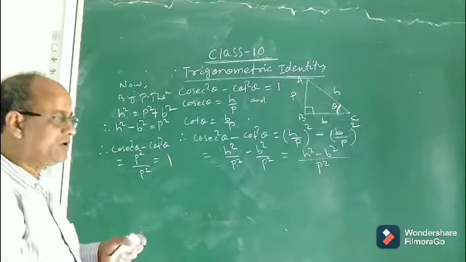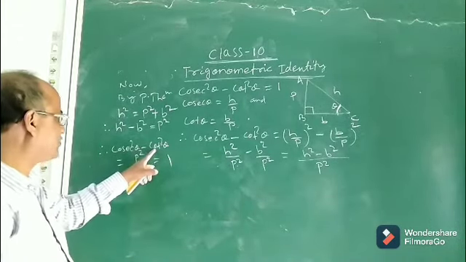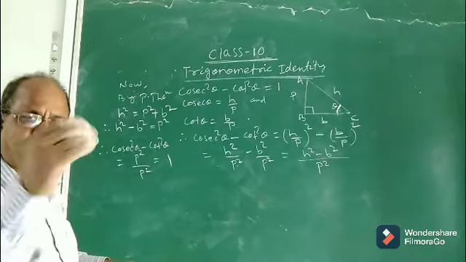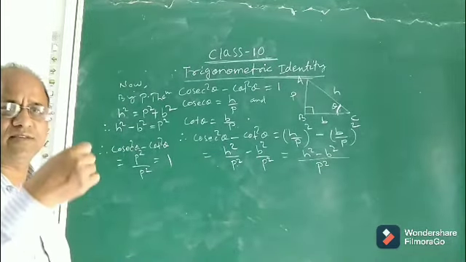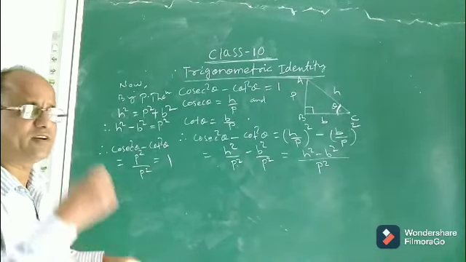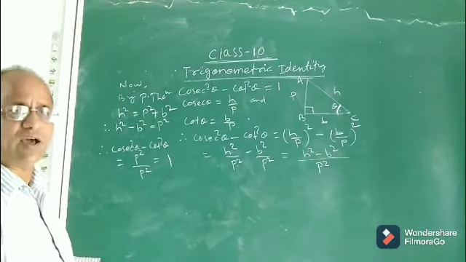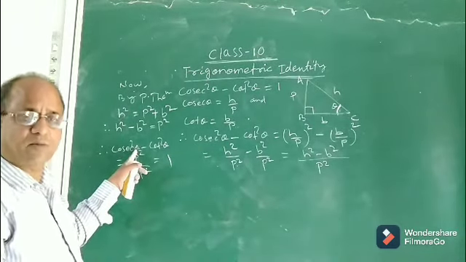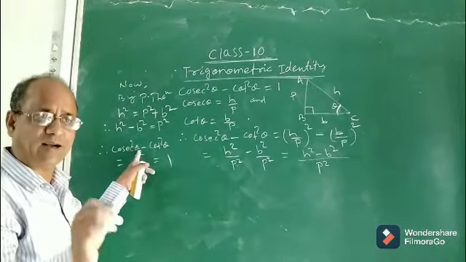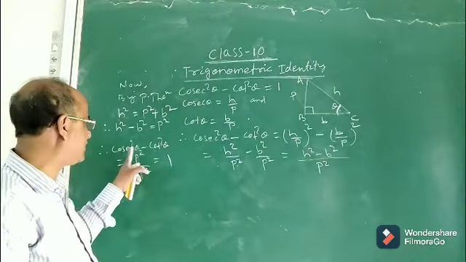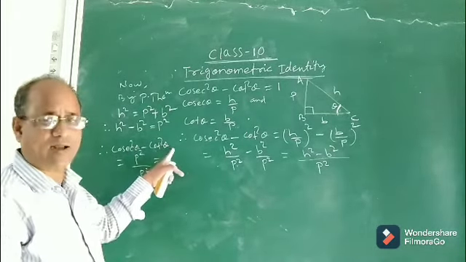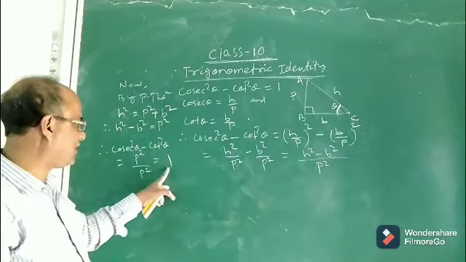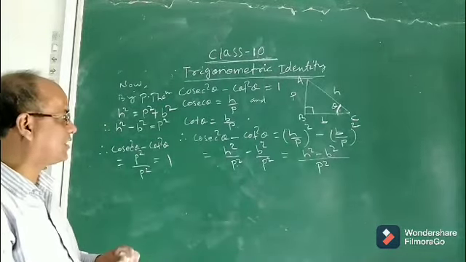So children, what did you see? You saw that cosec square theta minus cot square theta is 1. Not only theta; in place of theta you can take A, B, C, any angle: 45 degrees, 60 degrees, 90 degrees, 30 degrees, alpha, beta, gamma. You can assign any value in place of theta, provided that it is an angle. The cosec square ratio of an angle minus the cot square ratio of the same angle is always equal to 1. So cosec square theta minus cot square theta equals 1.